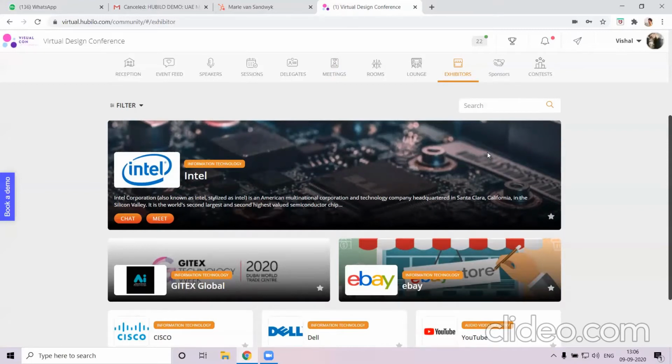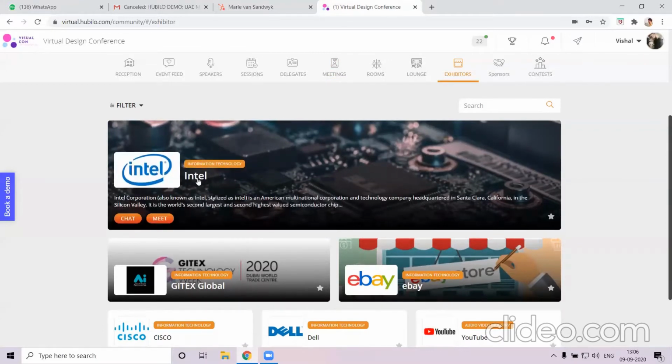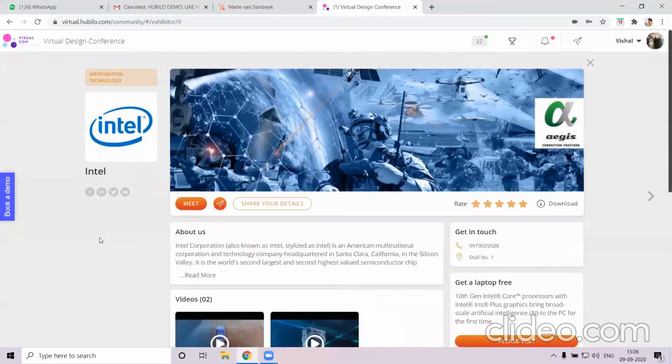For your attendees, when they land on this particular page, they could check out all of the relevant information about these organizations and try to interact with any one of them, either manually or by setting up some filters on the basis of maybe the specializations or the categories or the products that they sell. Finally, as an attendee, when I interact with any one of these company profiles, I could check out their entire portfolio and offering right from over here.